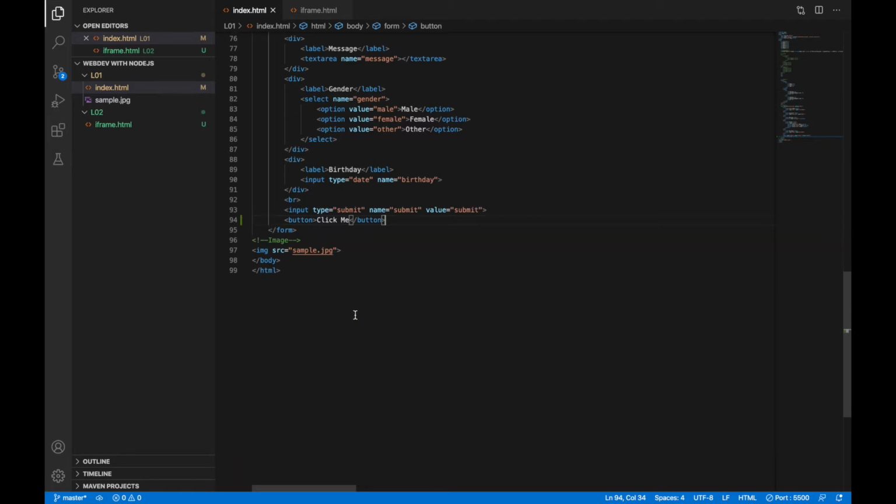Now we've done the image tag in the previous video. You can see it is a self-closing tag, it doesn't require a closing /img, because it doesn't exist. Now what I wanted to do was, if for example your image was unable to load, we provide an alternative text that gets displayed when the image is unavailable. So it is basically the tag that is going to tell us that there was an image which said my sample image, but we are unable to load that, so it displays an alternative text.